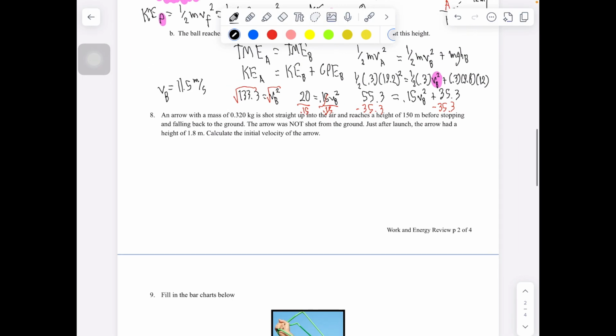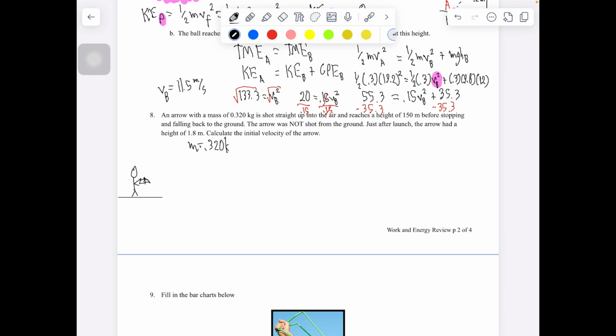Okay, so let's go through. Let's draw this out. So we are saying we have some ground right here. Maybe we have a person, and they are launching an arrow. Let's do our best to draw a little bow. They're launching an arrow, and it is going to be moving straight up. The arrow is not shot from the ground. We say the arrow has a mass of